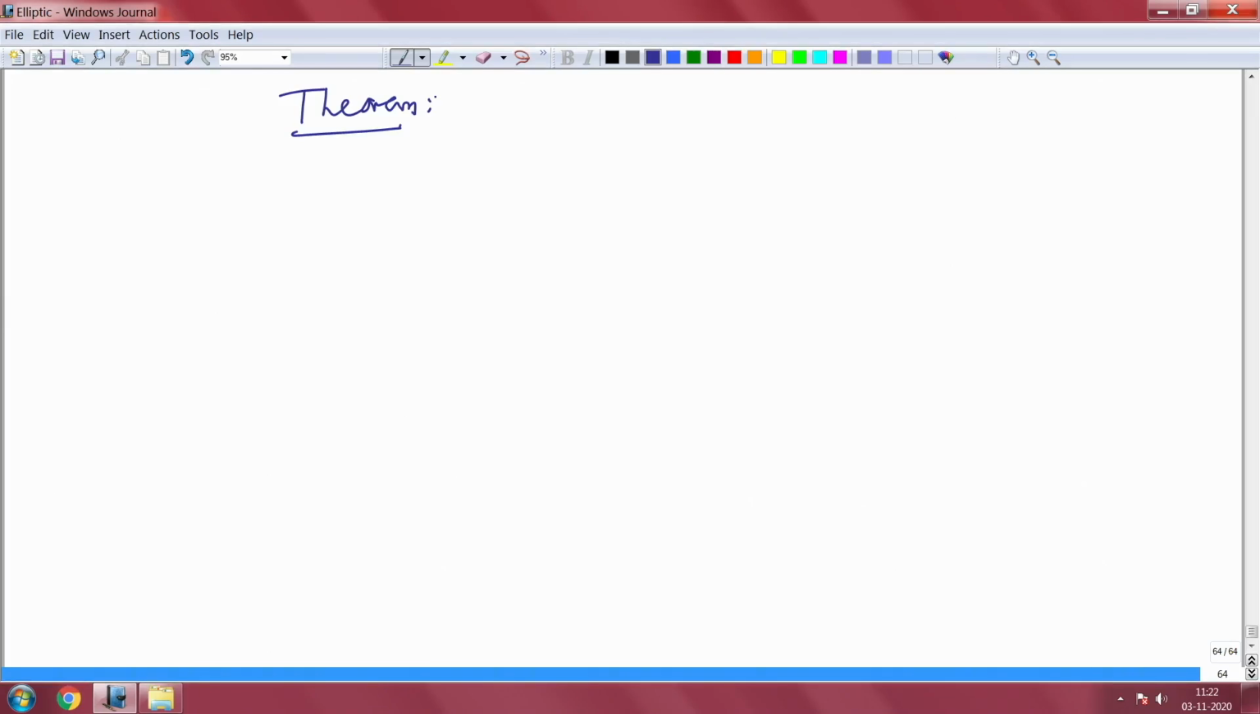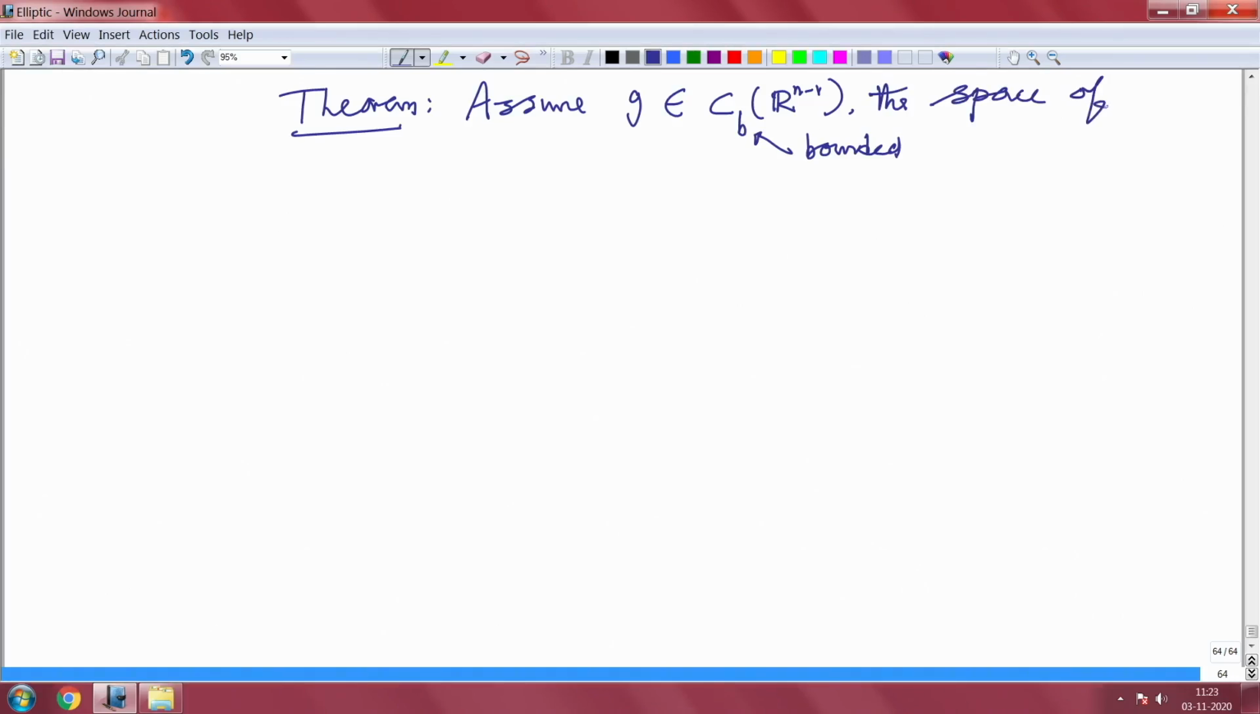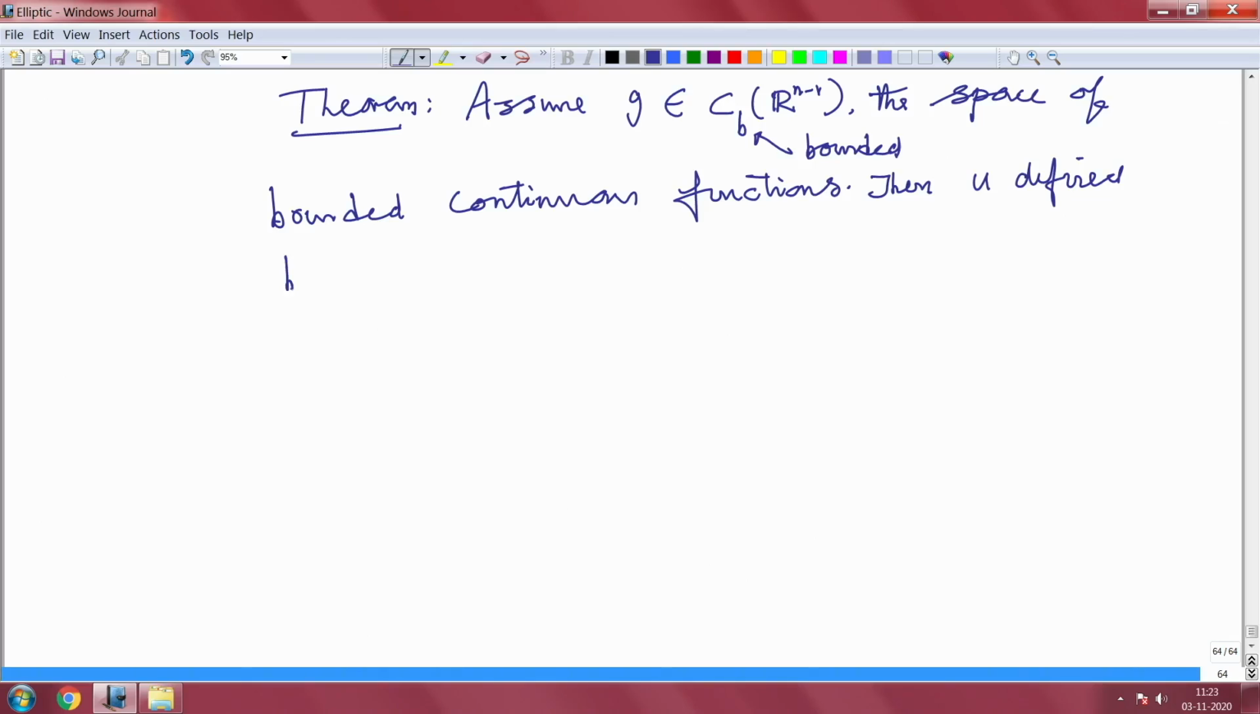We will start the proof, maybe we will continue later. I will try to give the idea. Let me write the theorem; maybe I may not be able to complete the proof. I am stating: assume g is in C_B of R^(n-1), which means it is a bounded continuous function. This is the space of bounded continuous functions. Then u defined by the Poisson formula